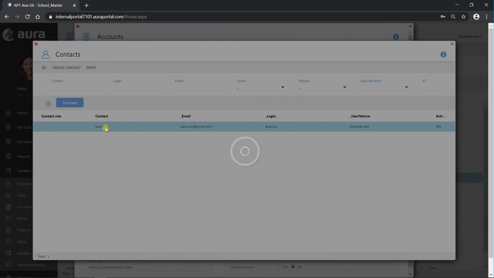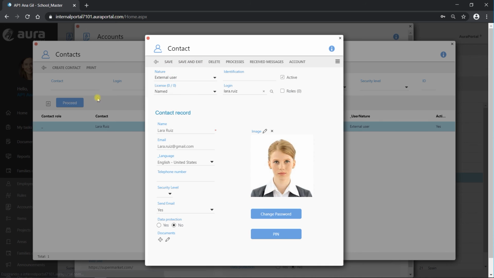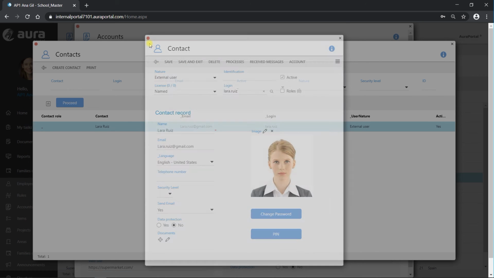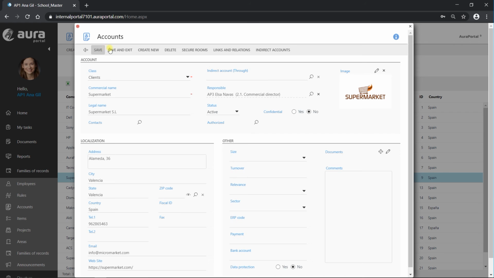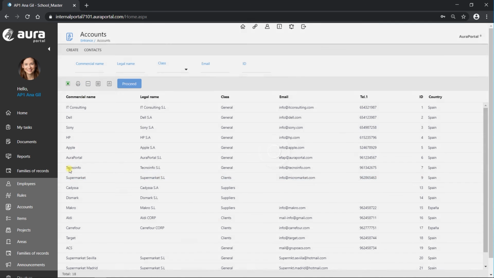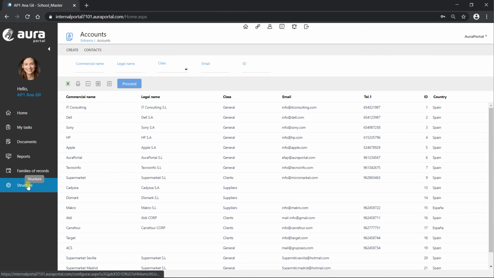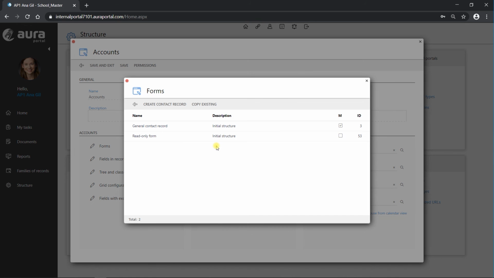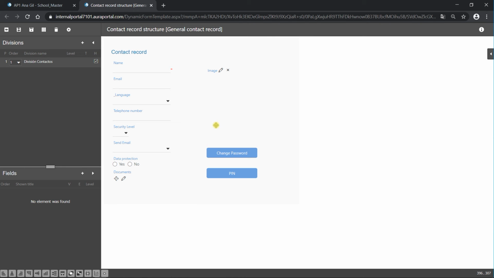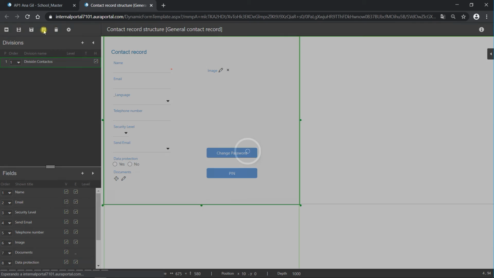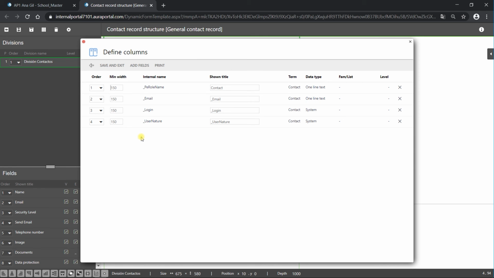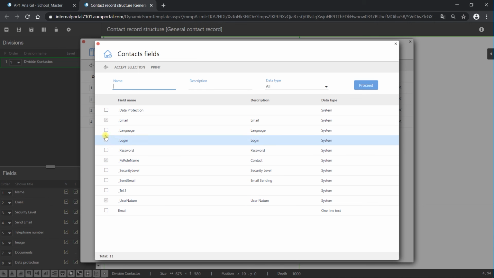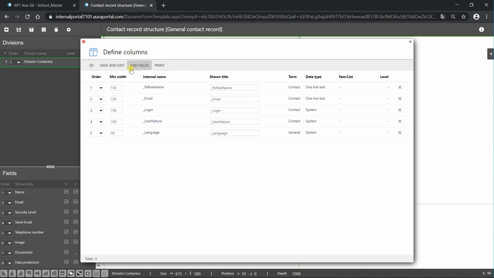We're gonna choose Lara, save and exit, and let's go, save and exit. And if we go now to structure, accounts, contacts, form, general contact record, and we go to define columns as we did before, we're just gonna add one field. Let's imagine we wanna add language. So I accept selection, save and exit,